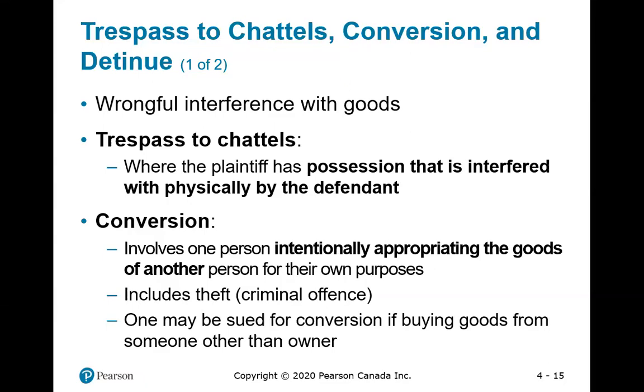There's also conversion. And conversion, let's use the word here. Conversion comes from convert. So when I convert property from someone else to myself, illegally. What is this? What is it to illegally convert your property to myself?